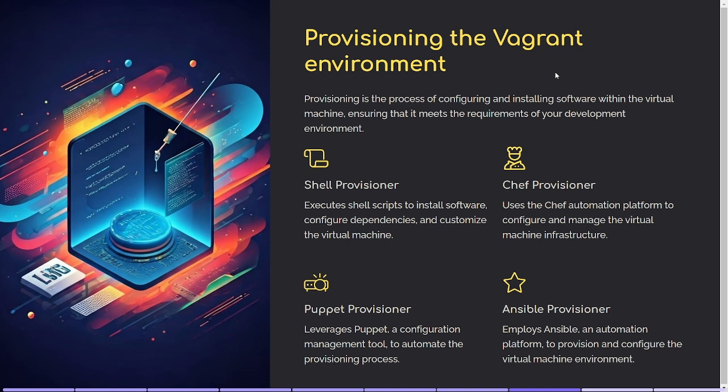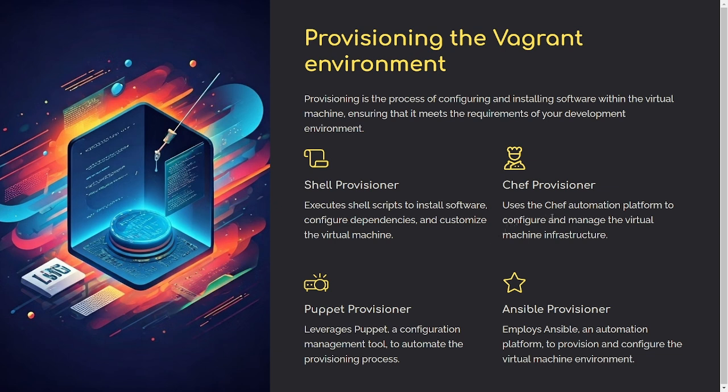Provisioning the Vagrant environment. Provisioning is the process of configuring and installing software within the virtual machine, ensuring that it meets the requirements of your development environment. So here we have the shell provisioner. It executes shell scripts to install software, configure dependencies, and customize the virtual machine. The Chef